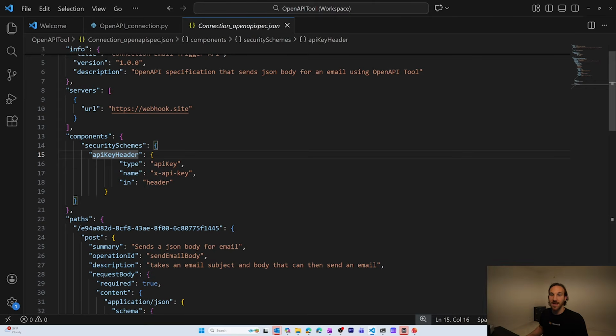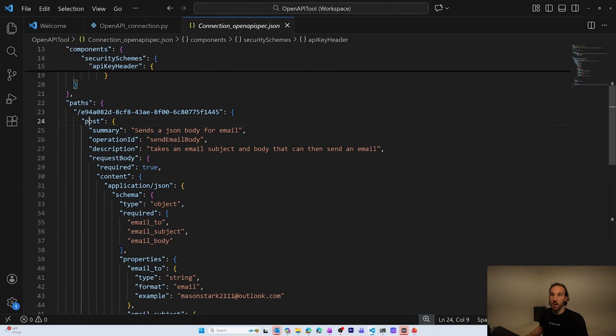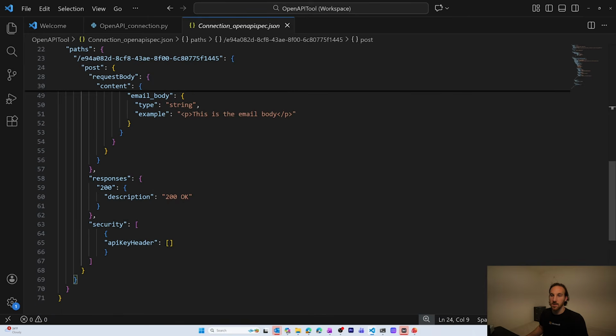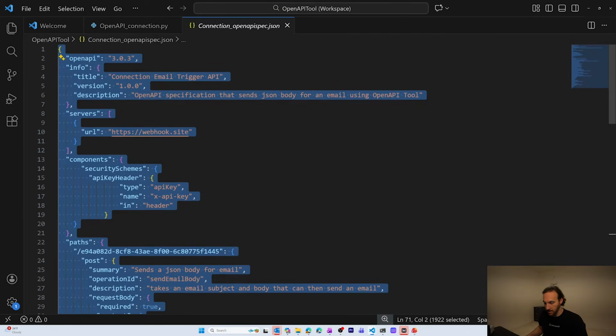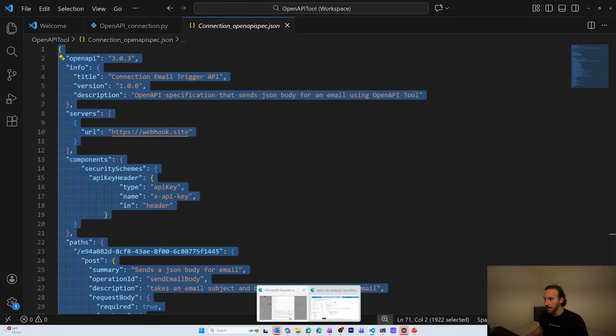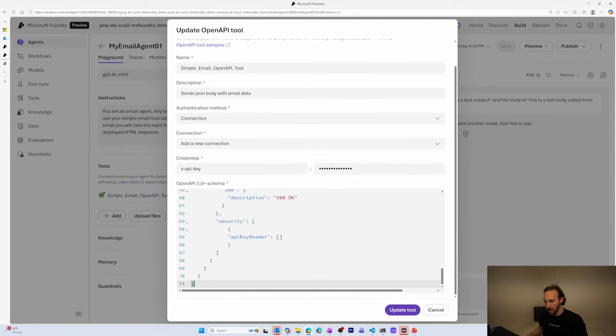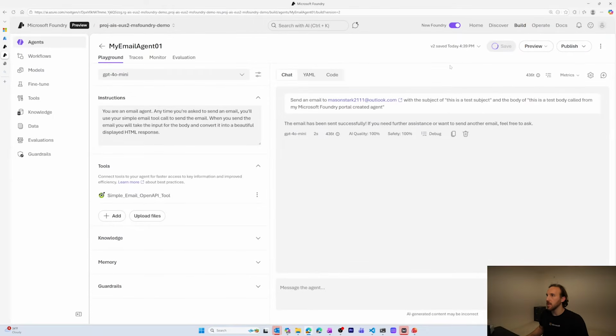Now we need to also add API key header to our post request. We do that by adding a security section and an API key header. After this, we should be good to go in using this in Microsoft Foundry. So we're going to copy this over. Everything else is the same as the other OpenAPI spec. We're going to copy this and replace it and update our tool to now use this X-API-key. Update the tool and we'll save this